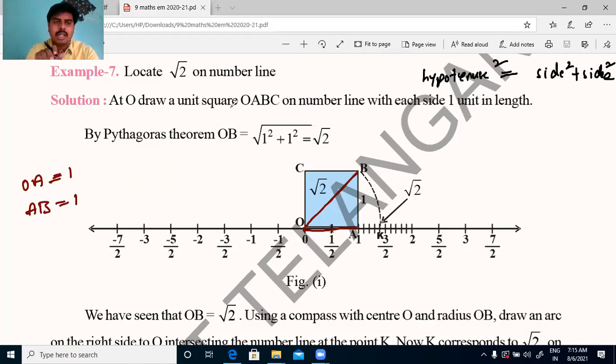We draw an arc here. If you draw an arc here, it may touch this area. This point is our root 2. I think you remember in the previous class, Nana, construction of triangle or whatever. Quadrilaterals in the third chapter, I think we didn't discuss, right? Okay, due to corona. Anyway, Nana.